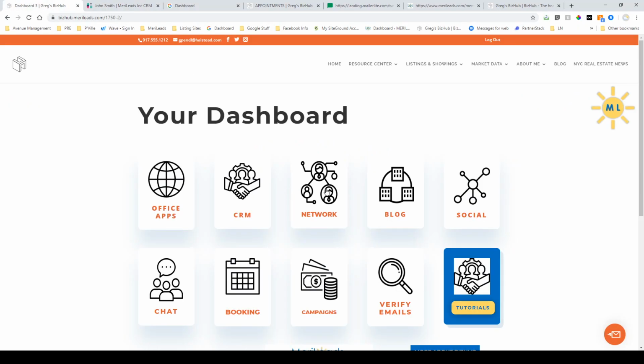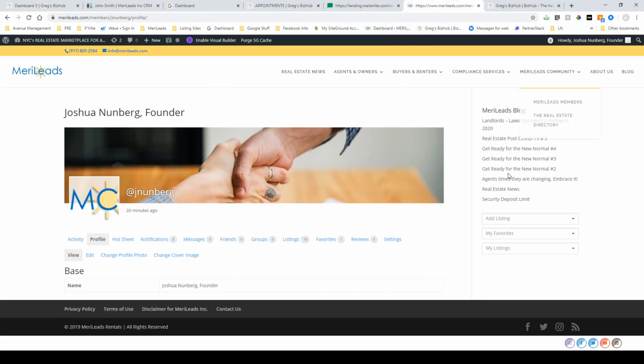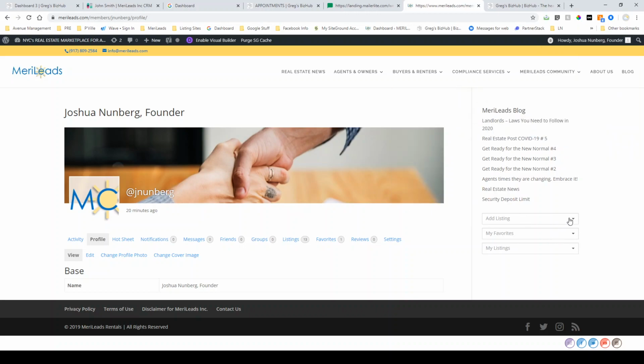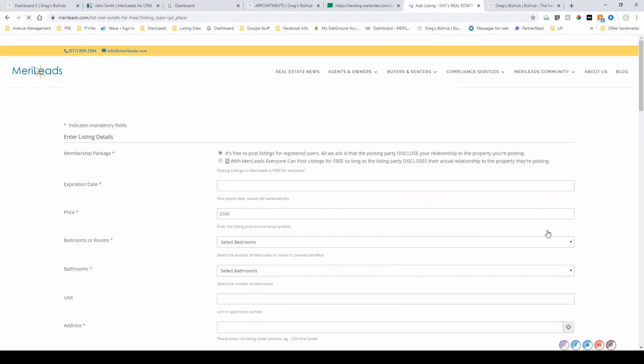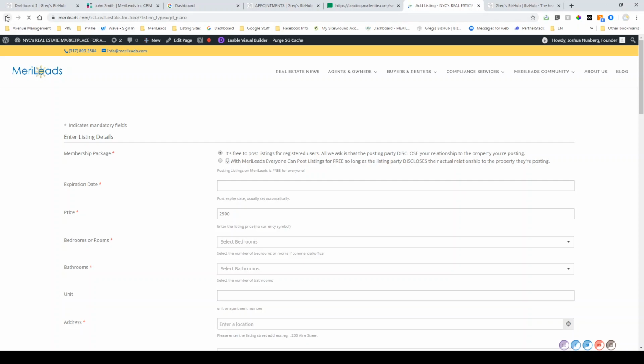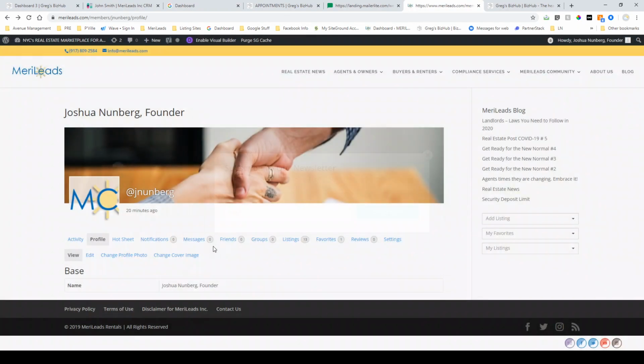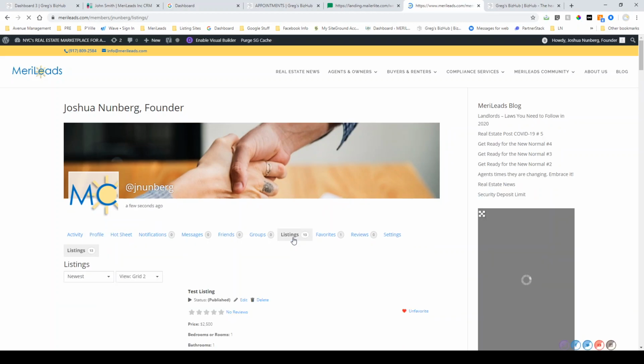All right, so the next one is your network, which goes to this function right here. And this is the back end of your MeriLeads account. And through here, you do a bunch of different things. One, you add your listings into MeriLeads. So you have a listing you want to put up, you do it through here. In addition to that, your individual listings are listed on this wall,